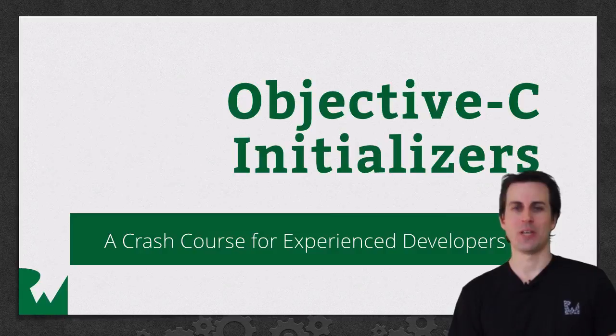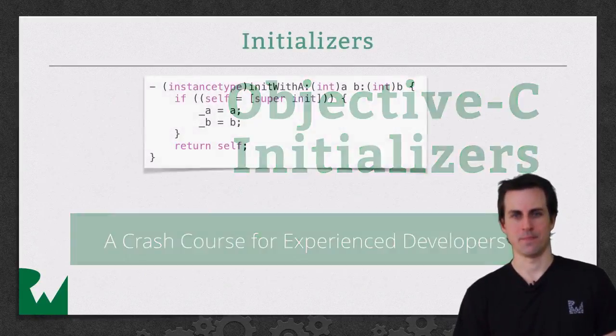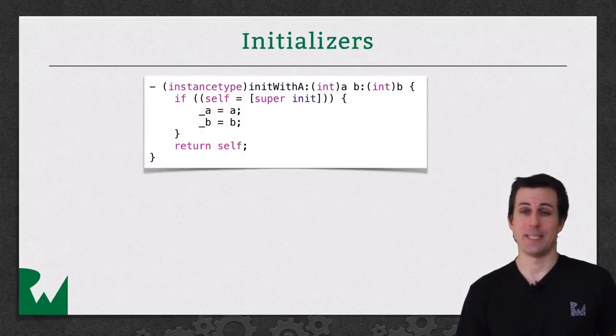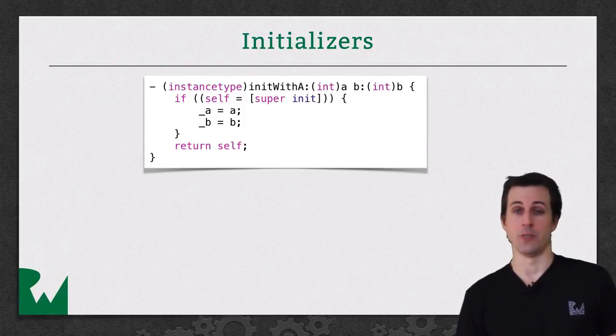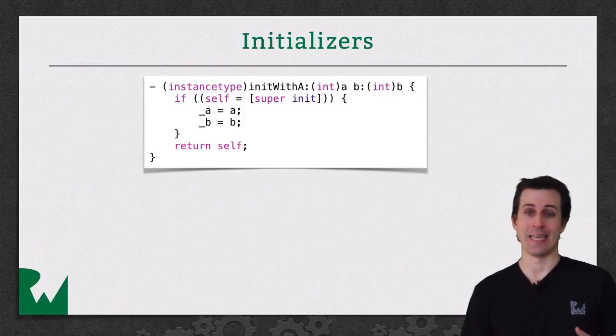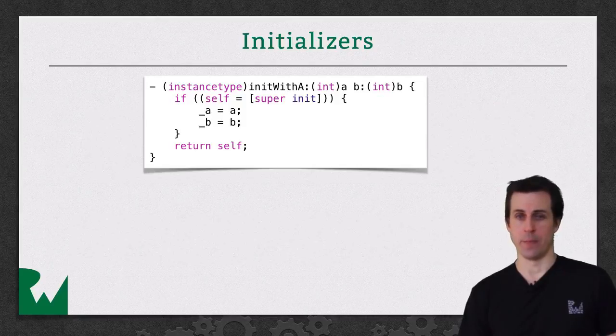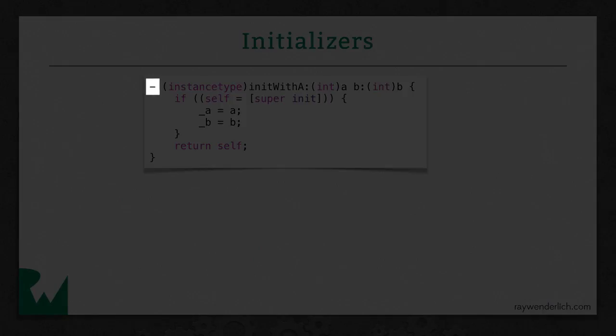This time we're going to take a look at Objective-C initializers. Okay, so here's the basic syntax for Objective-C initializers. You're going to see this pattern again and again, so I just wanted to go over it bit by bit. So first of all, on the far left, you're going to have a dash because an initializer is an